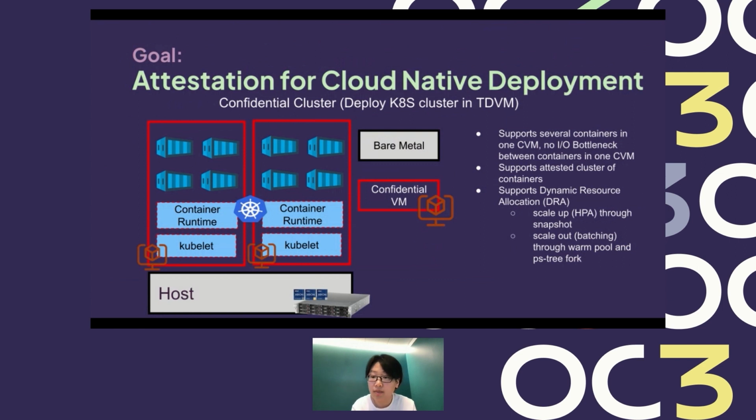And then we should support attested clusters of containers, because lots of times we want to support dynamic resource allocation and scale out the containers through warm pool and PS tree fork. And also, most of the time, we want the containers to scale up directly, which should be supported by the container CRIO snapshot. And we want these functions to be supported.